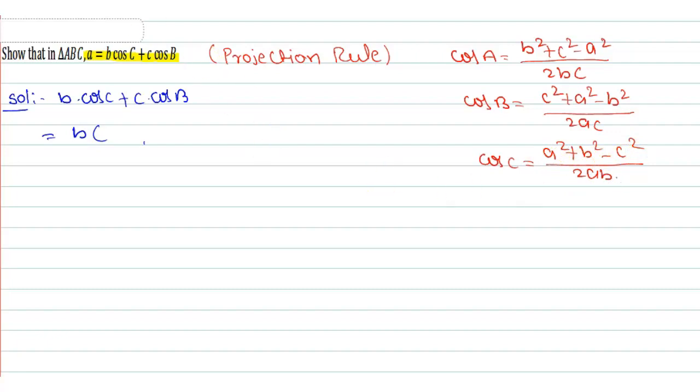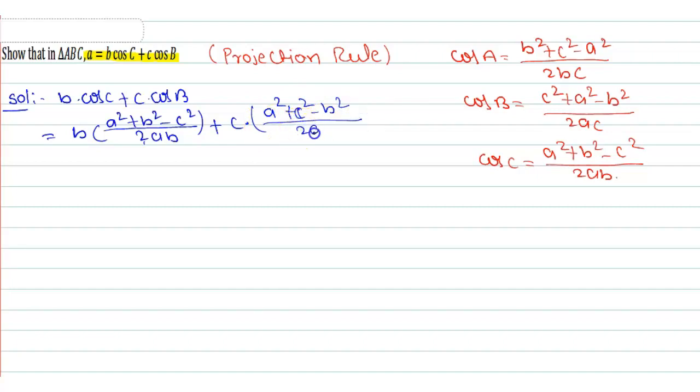What is the cos C formula? a square plus b square minus c square by 2ab, plus c into cos B. Here I have the formula of cos B, that is nothing but a square plus c square minus b square